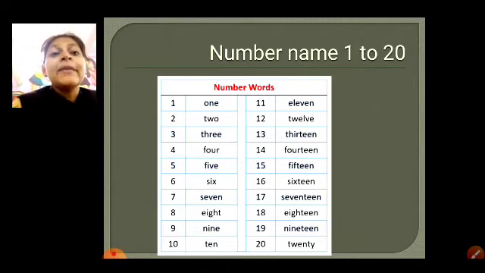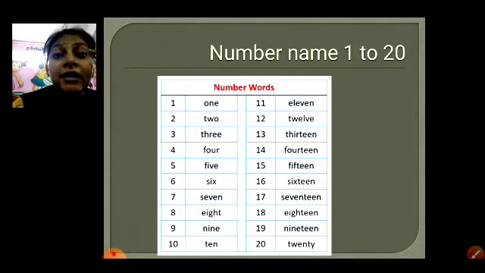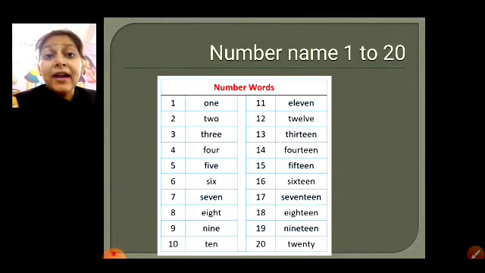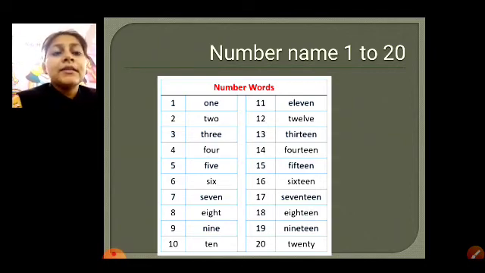Right? So in this way you have to learn. Remember the 13 and 15 spelling. 13 means THIRTEEN. And 15 is FIFTEEN. Okay? Remember these, these are some mistakes some of you are making, but be prepared. Right? So this is the number names of the numbers 1 to 20.